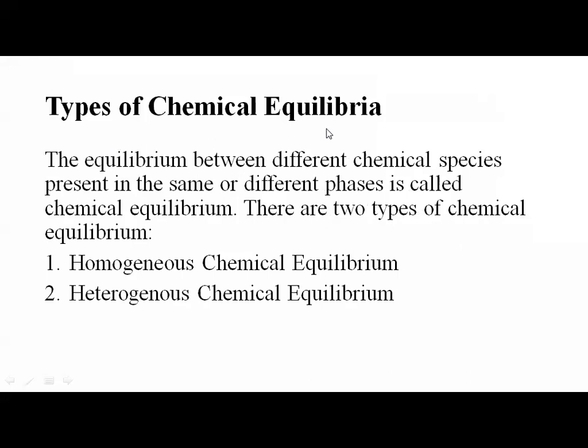Moving to the next one, types of chemical equilibria. The equilibrium between different chemical species present in the same or different phases is called chemical equilibrium. There are two types of chemical equilibrium. One is homogeneous chemical equilibrium and another one is heterogeneous chemical equilibrium. So first one,